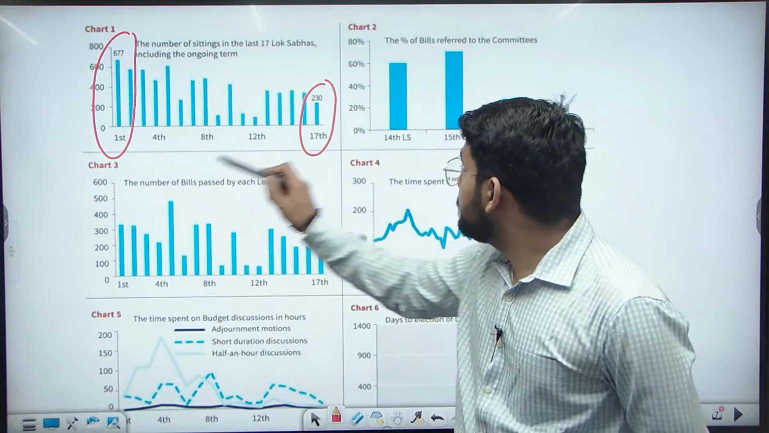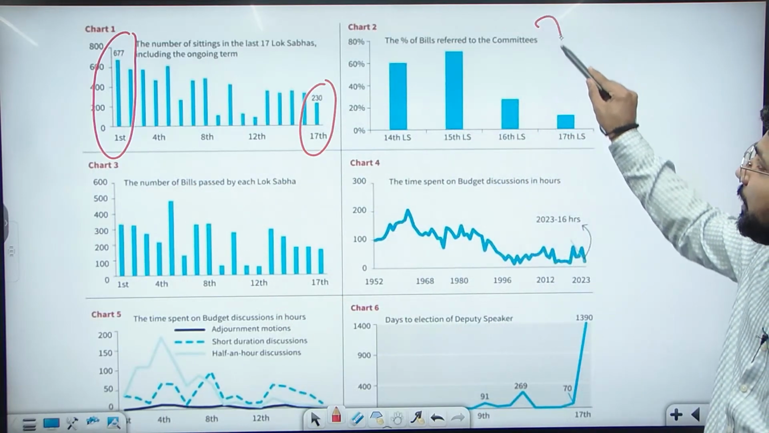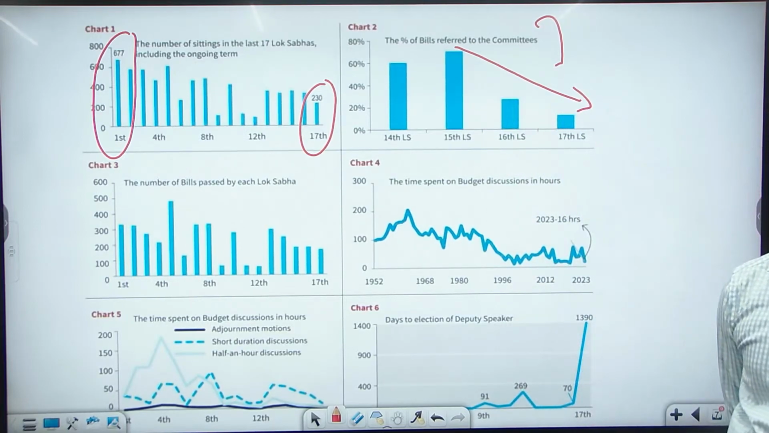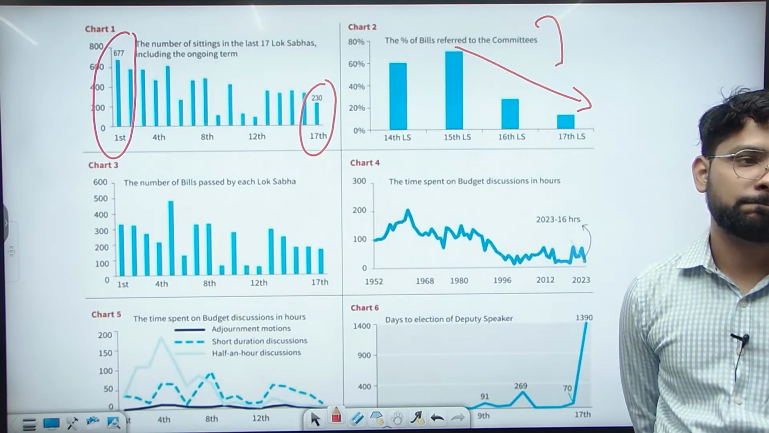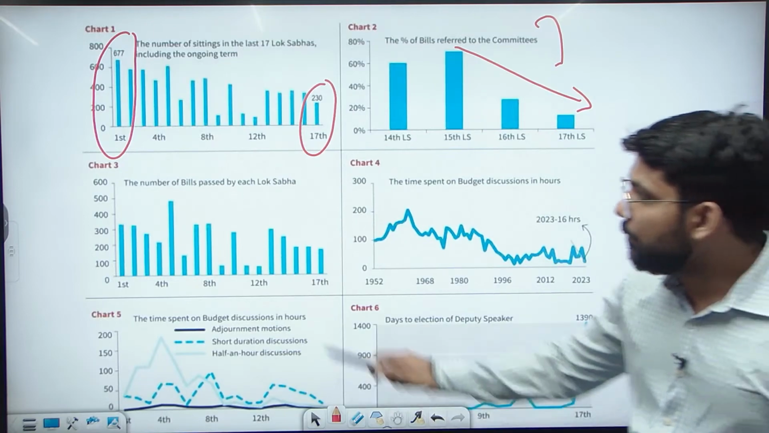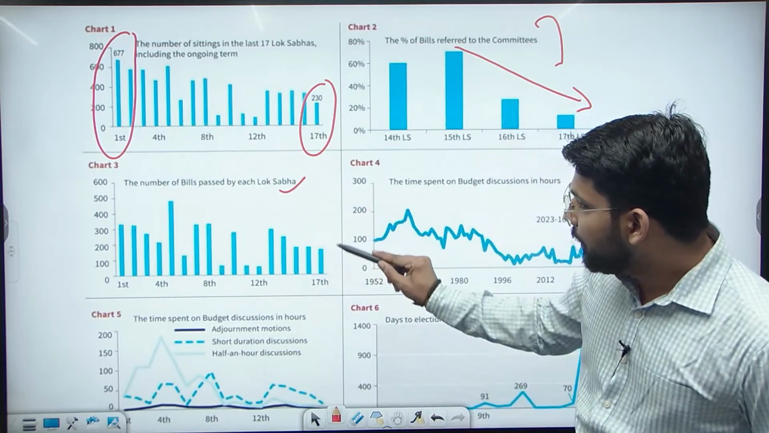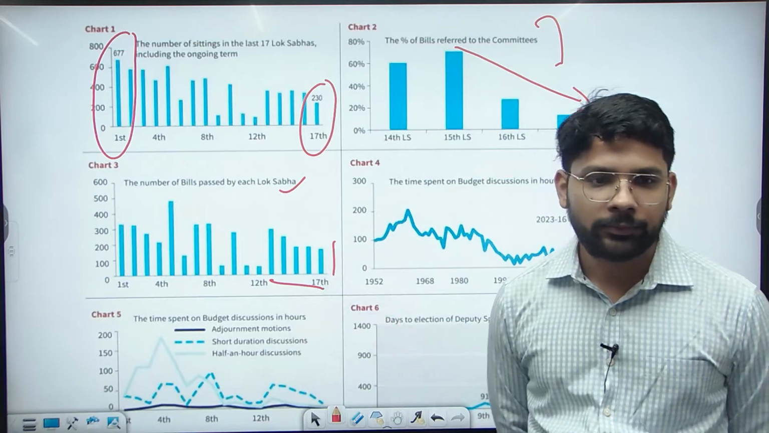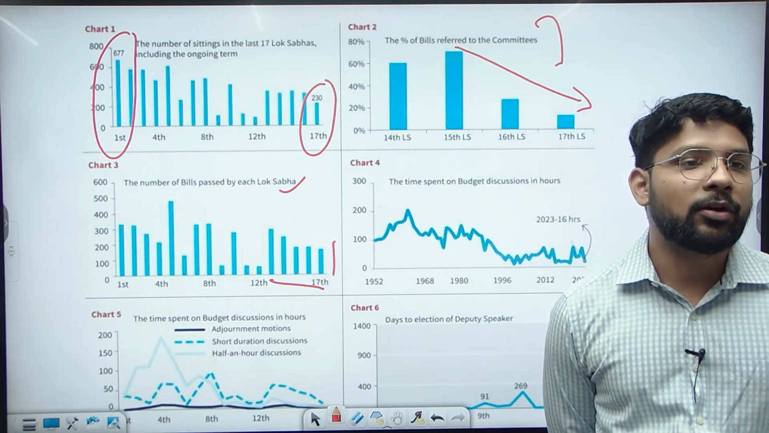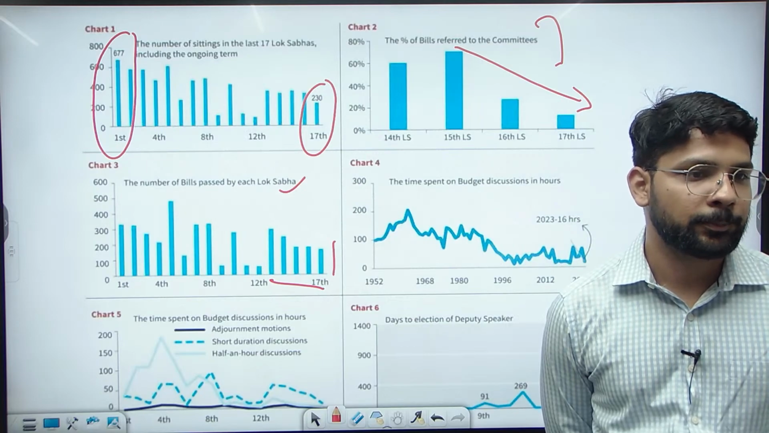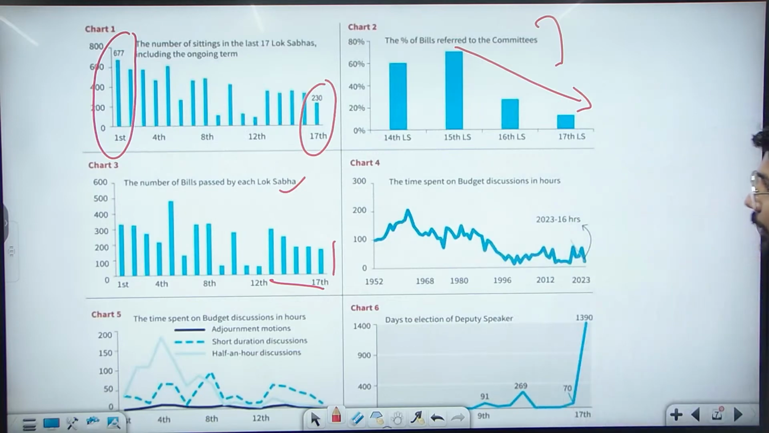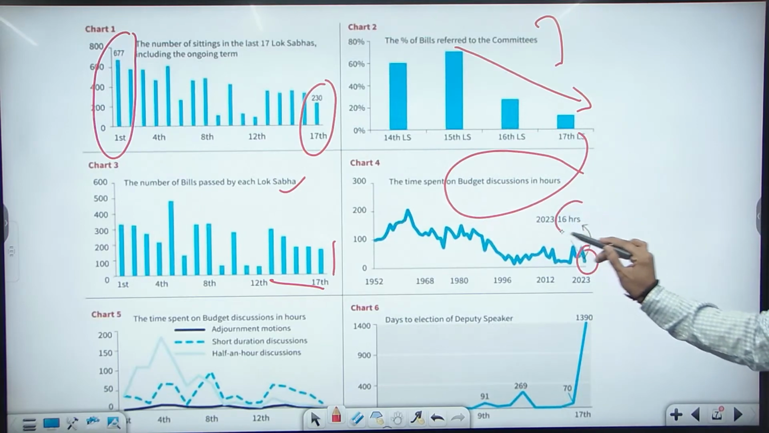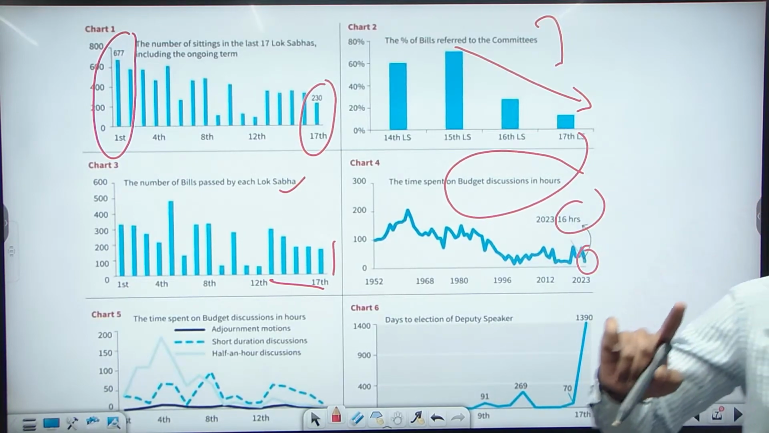Then, in the case of chart 2, the percentage of bills referred to committee, there is a continual decrease from the 15th, 16th to 17th. Then again, the number of bills passed by each Lok Sabha, the 17th Lok Sabha passed the lowest number of bills in the last 5 Lok Sabhas. Last 5 Lok Sabhas means the last 25 years. Then again the time spent on the budget discussion, least time,